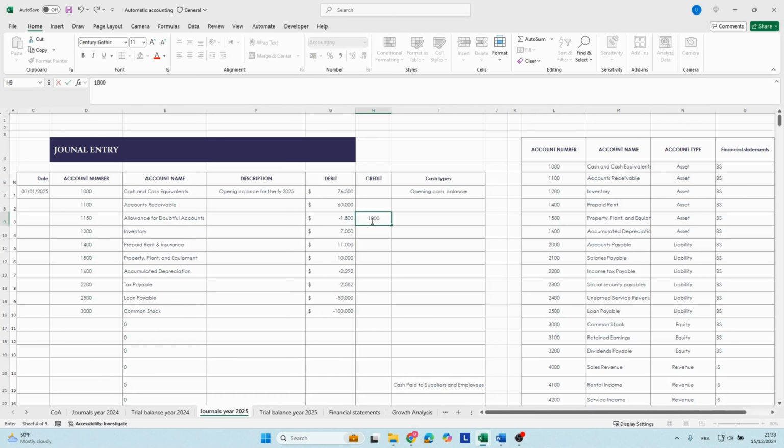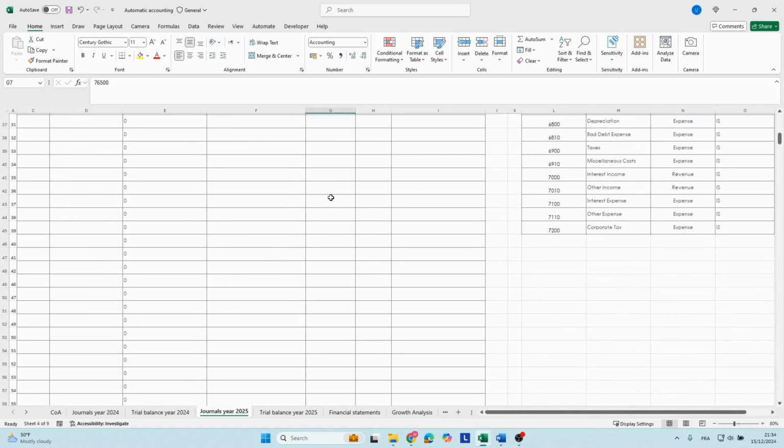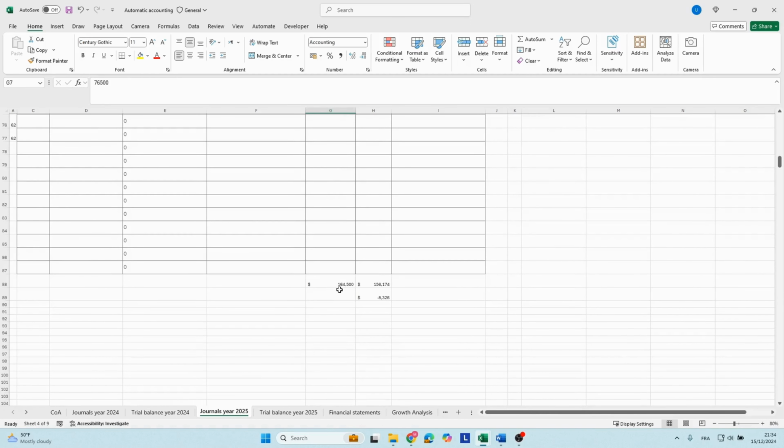The values that are negative, we put them on credit, then we remove the negative sign. Then we have the accounts for liabilities and equity. We take them on credit, then remove the negative sign. Then we check if our debit equals our credit, and you see there is a difference of